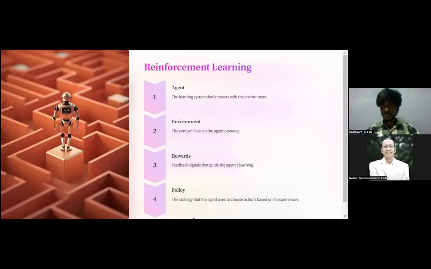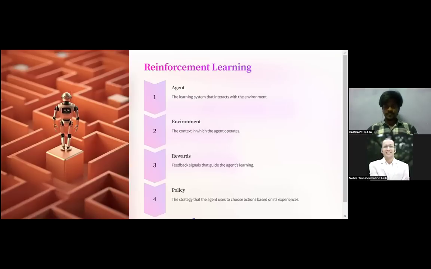Then rewards. When it cleans 100%, it will get a reward. If it is not cleaning properly, it will get a punishment. Like when you play games, when you play well, you get the reward and you go ahead to the next level of the game. If you don't play well, you get degraded or you don't get promoted. This is the simple thing. Policy is a strategy that the agent uses to choose action based on its experience, and it keeps changing,